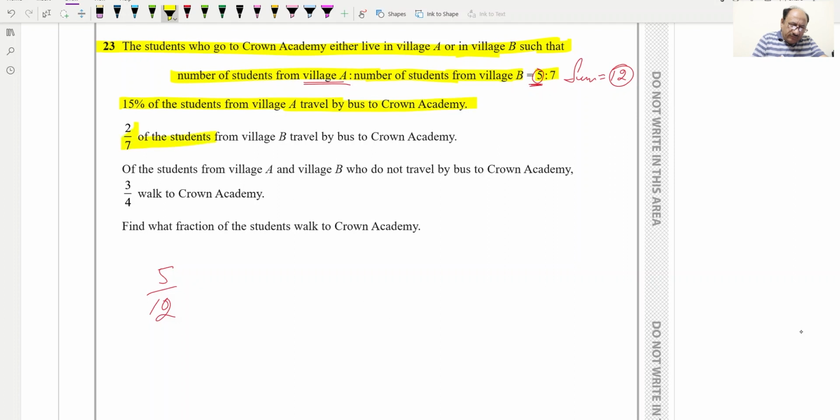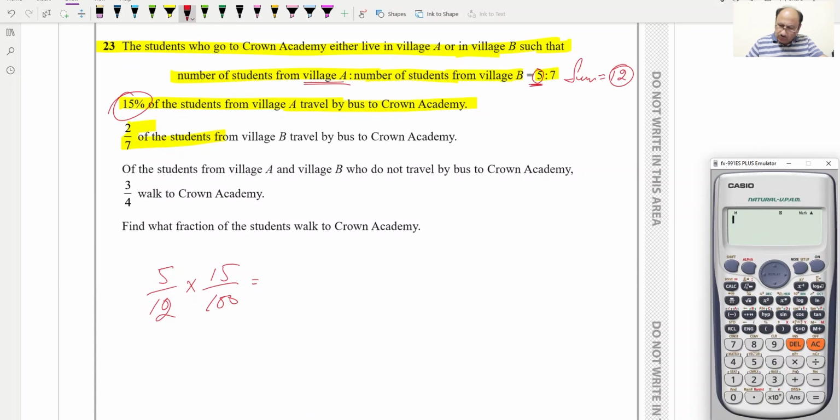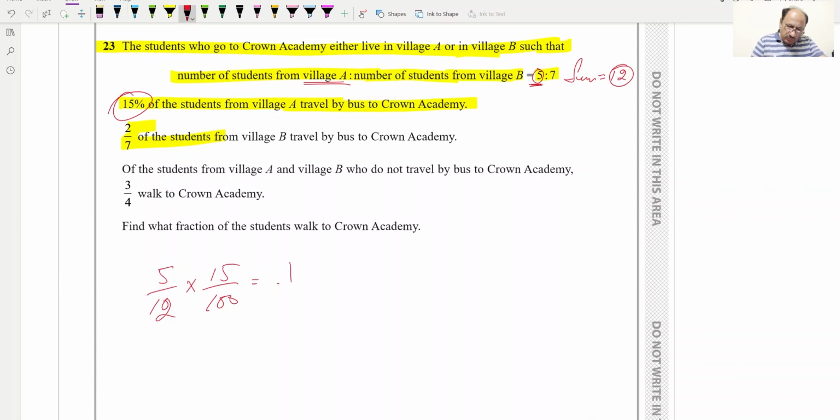So 15% of this one we can calculate first: 5 over 12 into 15 divided by 100,